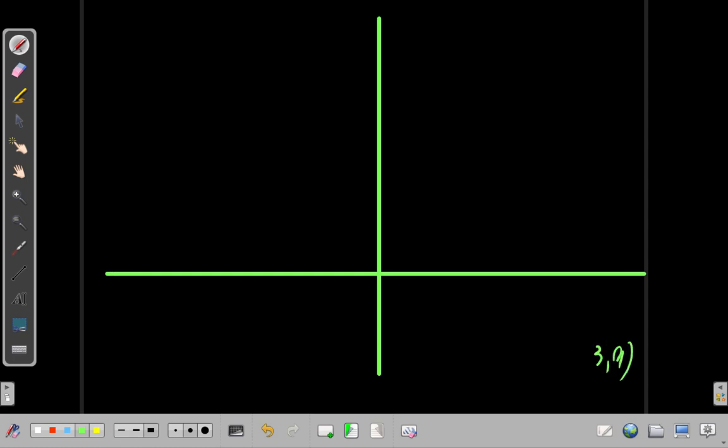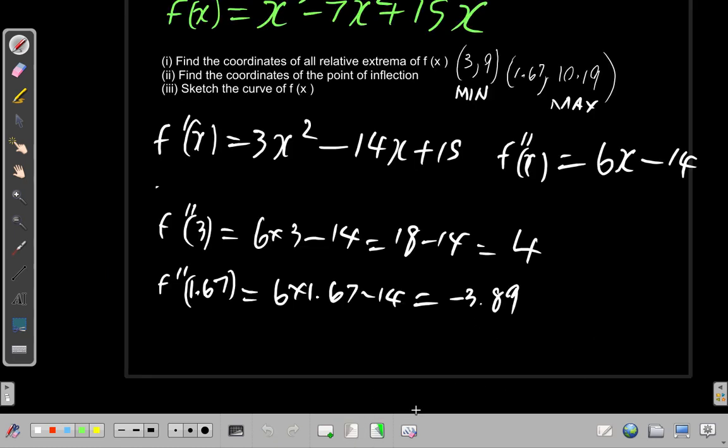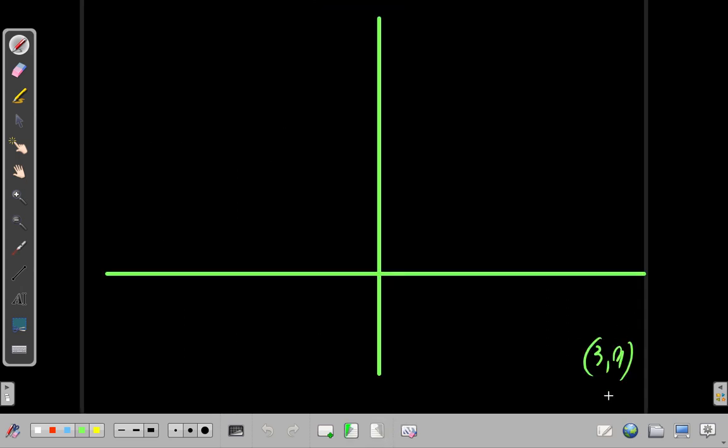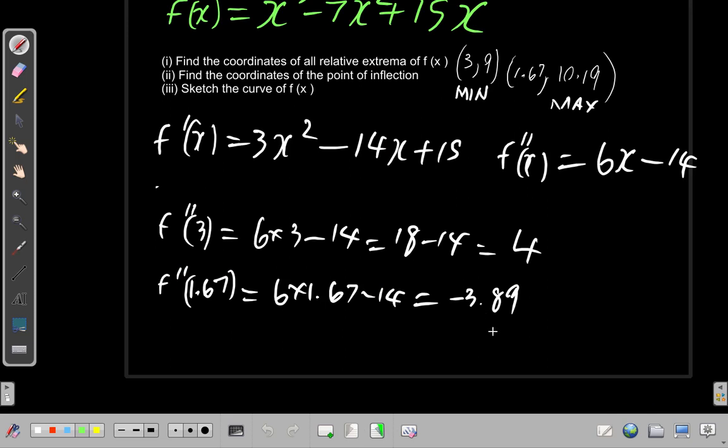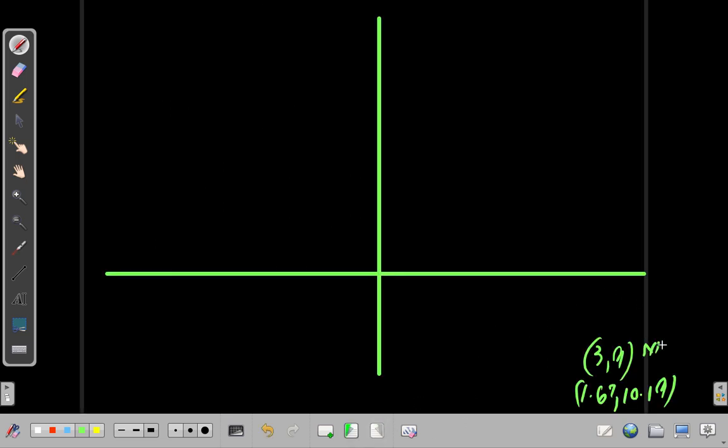The (3, 9) is minimum, so this is a minimum point, and this is a maximum point. So if you have a graph like this